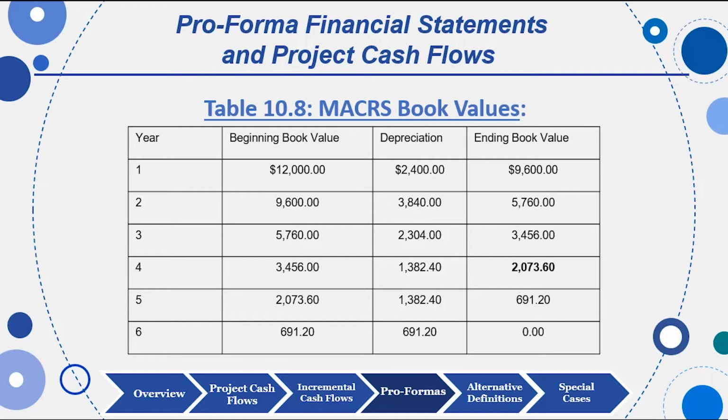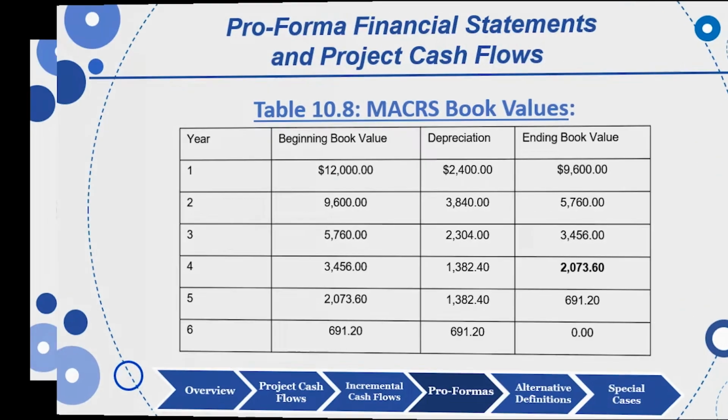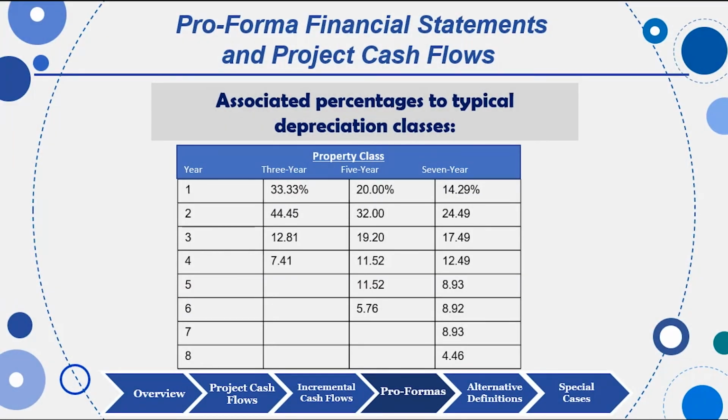provided by the IRS. Eventually, that should zigzag down to zero, so I should be able to do several checks on this. My depreciation dollars should add up to the cost of the equipment, and my depreciation percentages should add up to 100%, and my ending book value should always zigzag down from the original cost of $12,000 all the way down to zero. If you don't get zero in the bottom right-hand corner of that table, you've probably made